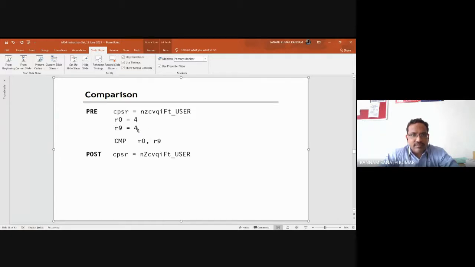Both are equal, so R0 minus R9 gives what value? 0. So the Z flag, initially in small letter, becomes a capital letter. That means the Z flag is 0 before executing this instruction, and after executing the instruction, the Z flag becomes 1. This is indicated by the capital letter.